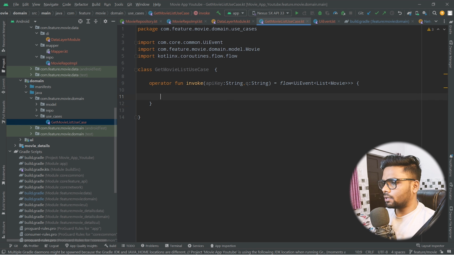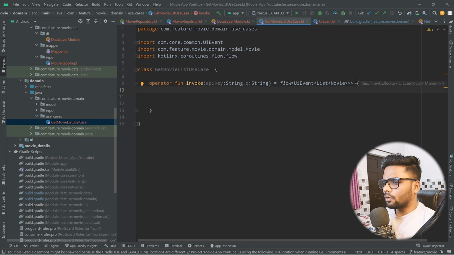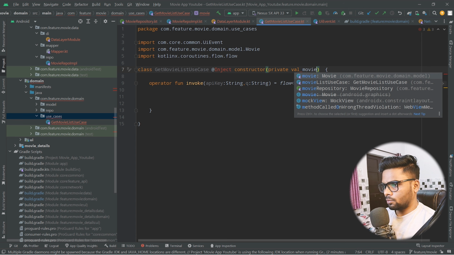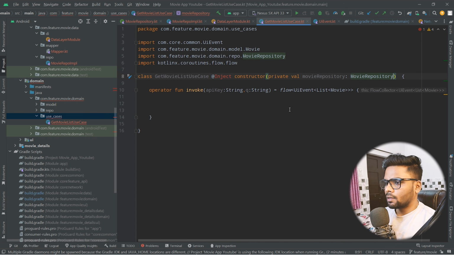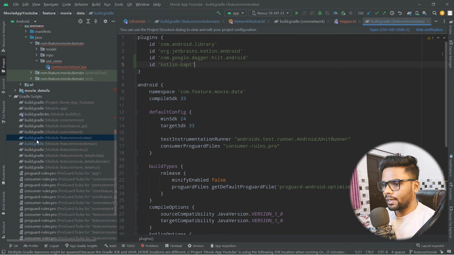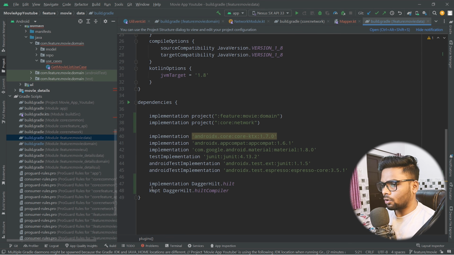Alright, so within our flow we are gonna use movie repository. So within our use case I'm gonna inject movie repository, but this inject is not recognizable because we didn't set up our Dagger-Hilt for this module. So in order to set up, go to your data layer build.gradle, copy these dependencies, paste in your domain layer